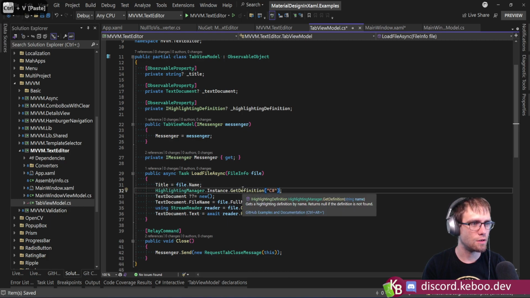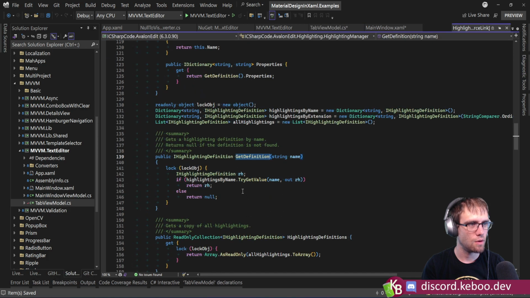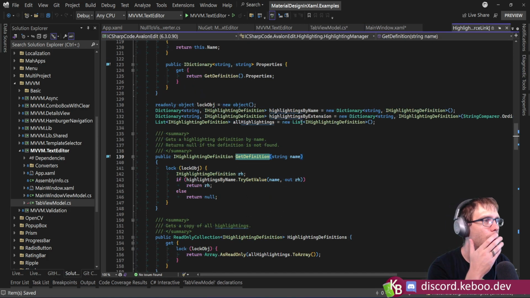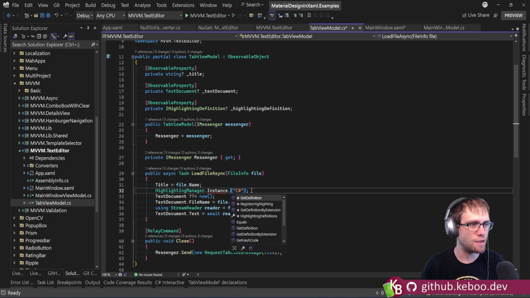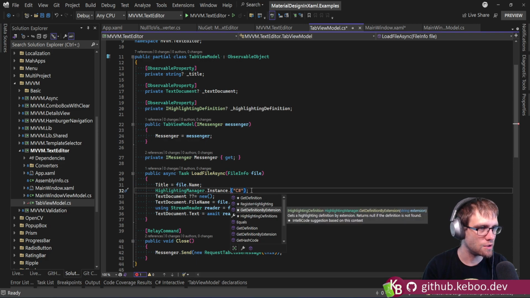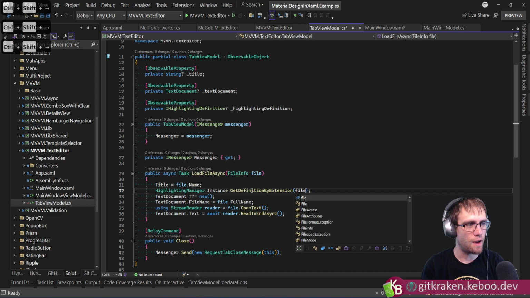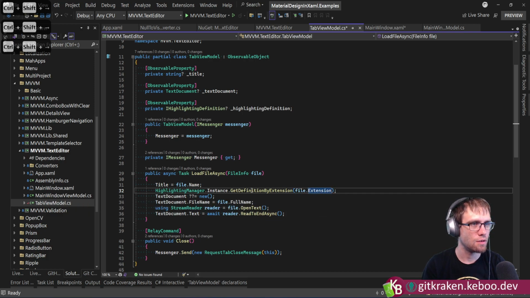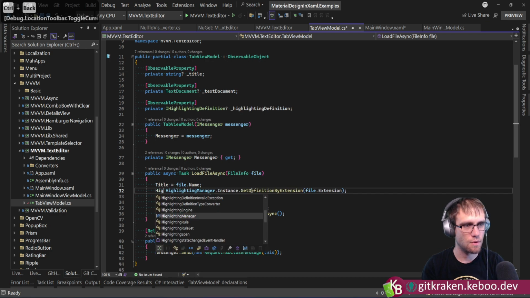Get definition. Is there a way to get highlighting definitions by extension? That's exactly what I would like to leverage. I would like to get it by extension. Get definition by extension. Extension. File dot extension. Highlight